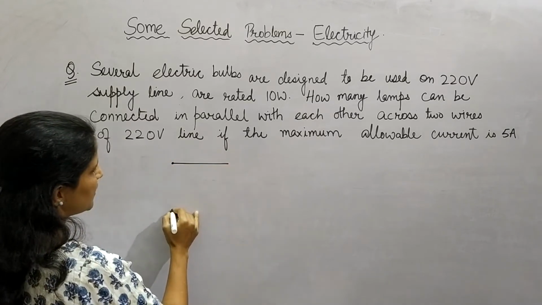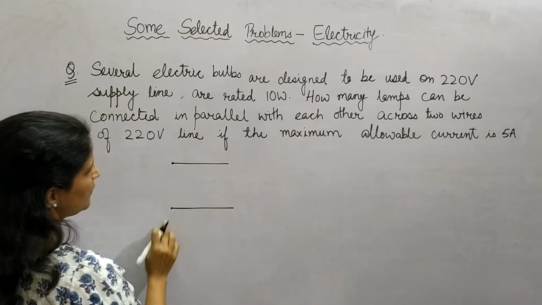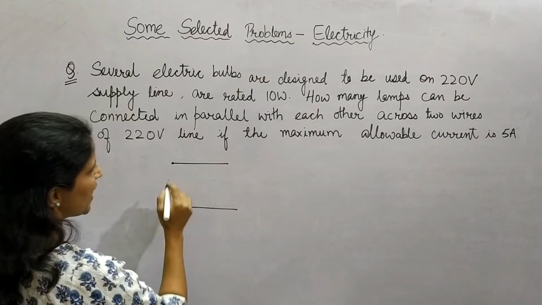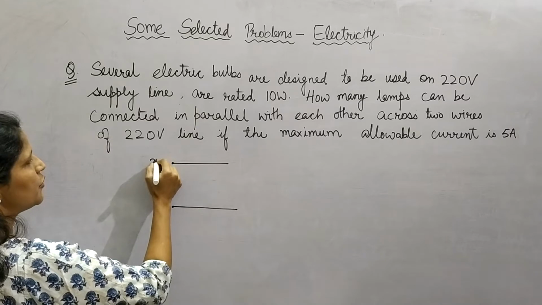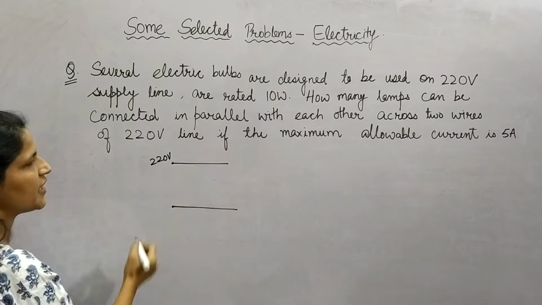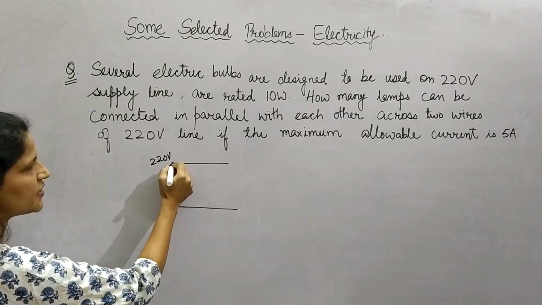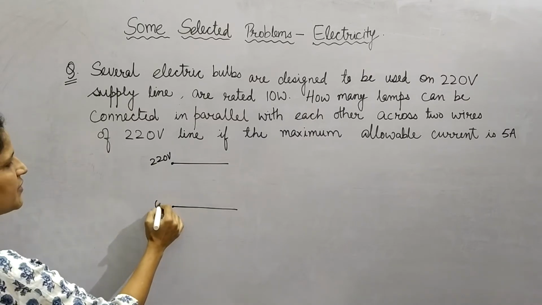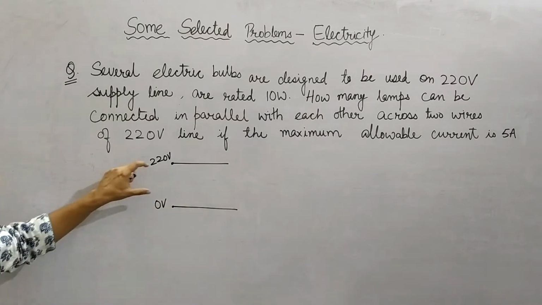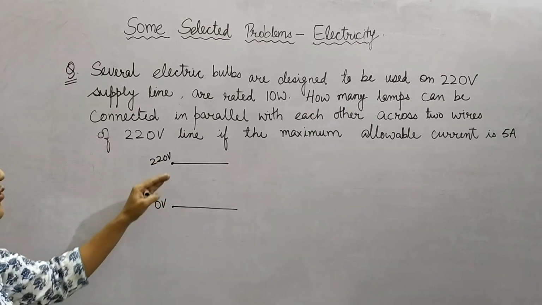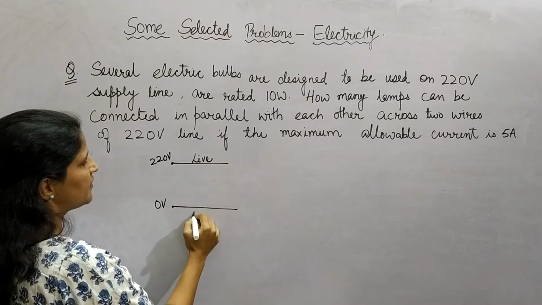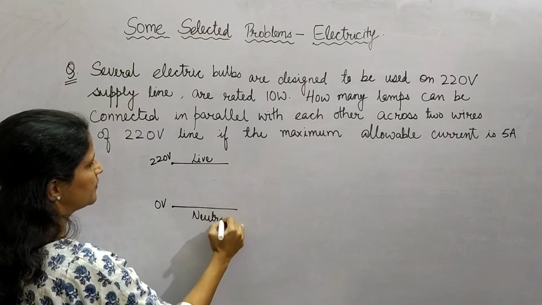We can imagine that there is a line; usually in our households the supply line carries 220 volt potential difference. So we can assume that there is one wire which is at higher potential carrying 220 volt, another wire which is at 0 volt potential. So the potential difference between the lines becomes 220 volt. This wire is known as the live wire. The other wire is known as the neutral wire.